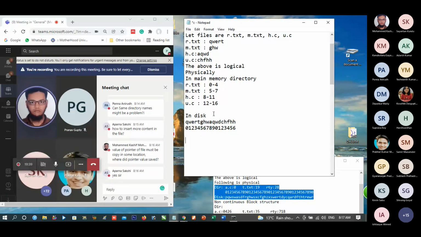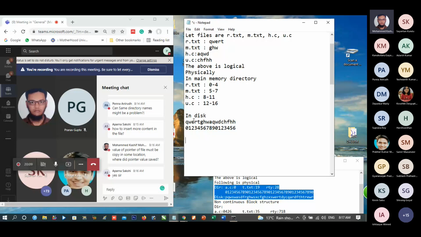Kasif, what is your doubt now? Sir, my doubt is every file has a starting pointer and an end pointer. That is correct. With certain values, there is a certain location present in the pointer. So those values, where are they stored? These values are stored in those locations. In the disk, there are locations 0, 1, 2, 3, 4. So at location 0, Q is stored. At location 1, W is stored. At location 2, E is stored. In this way, they are stored.